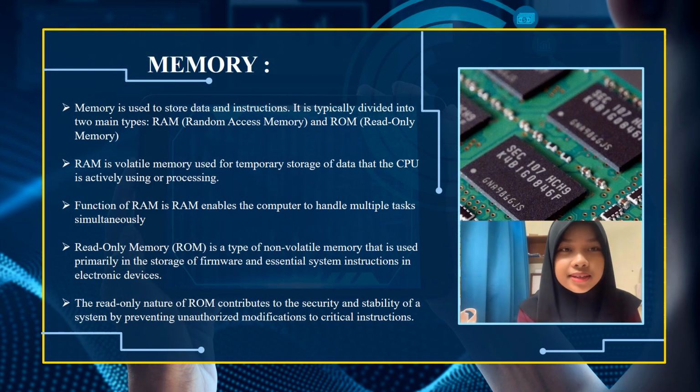The third component of hardware is memory. Memory is used to store data and instructions. It is typically divided into two main types: RAM, random access memory, and ROM, read-only memory. RAM is volatile memory used for temporary storage of data that the CPU is actively using or processing. The function of RAM is that it enables the computer to handle multiple tasks